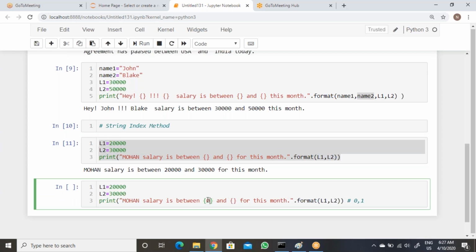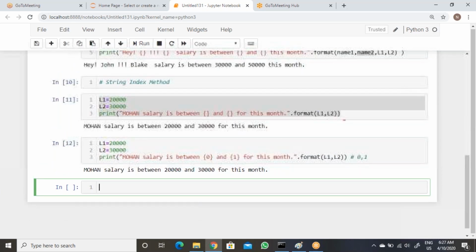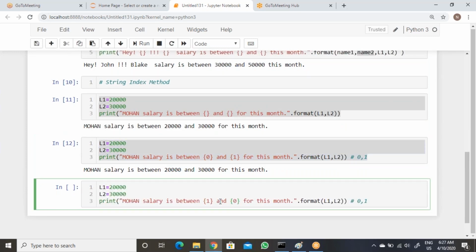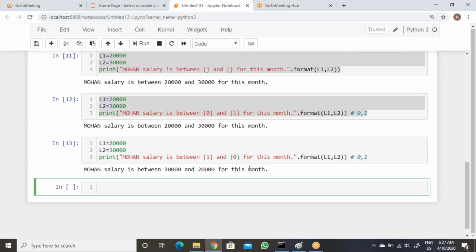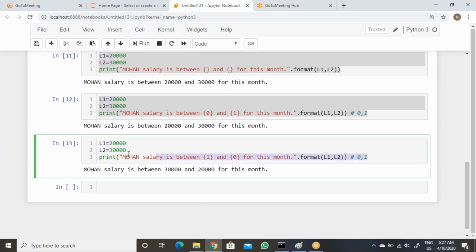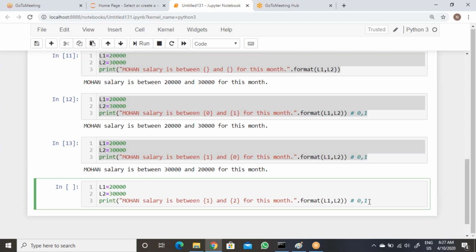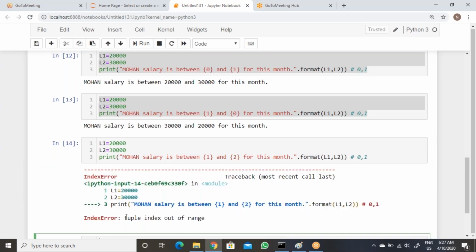So this is string variable method, right? Now same thing you can try to pass index number also. So L1 it's starting from index will be 0 then 1. We have only two values 0 1. Now you can pass here same thing 0 then 1. Execute now. Okay, now same thing you take, you can pass like 0 1 or you can say 1 0, then it will be changing the values.